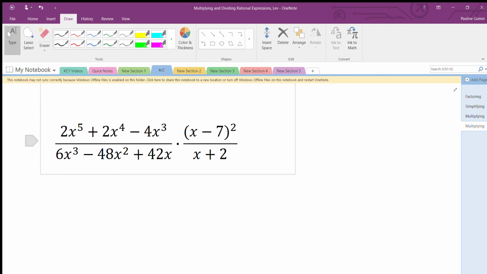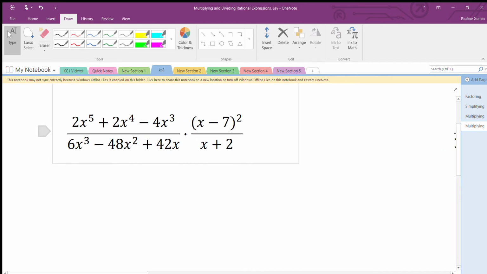The way I prefer doing it is doing one part at a time, just the top of the first fraction, then just the bottom. Going that way keeps me on the same stream of thought for the whole problem. Okay, so on that note, let's begin. All right, so first fraction,